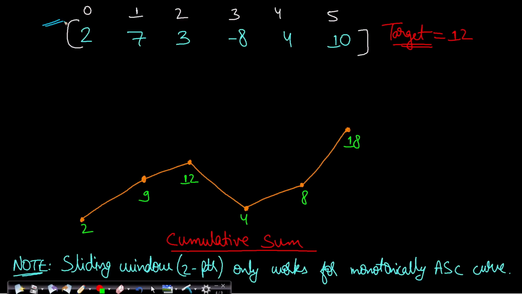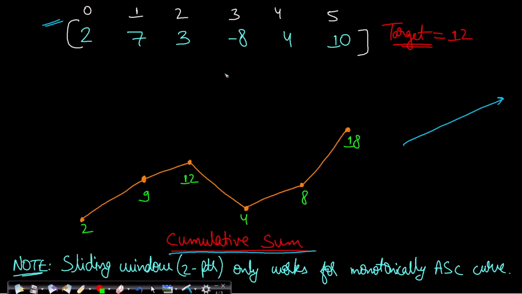Now in this case I have taken an example with 6 elements. If I draw the cumulative sum graph, this is it. If I take the first element, I'll have 2. If I add the second element to the previous sum, I get 9. If I add 3 to 9, then I get 12, and so on. So this is a cumulative sum graph. If you compare it with the graph I drew in problem number 209, there I explained that the graph will be monotonically increasing. But in this case, the graph is not monotonically increasing. It is also decreasing, and the decreasing curve is created because of the negative numbers.